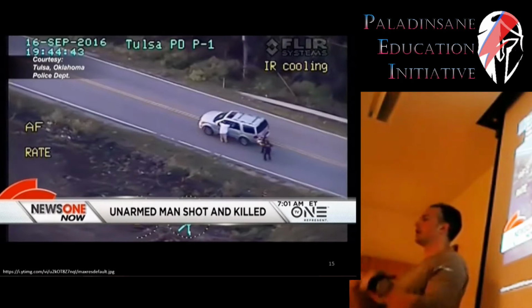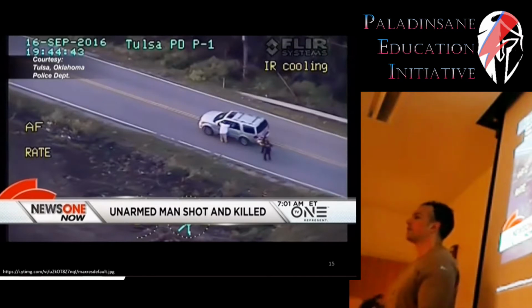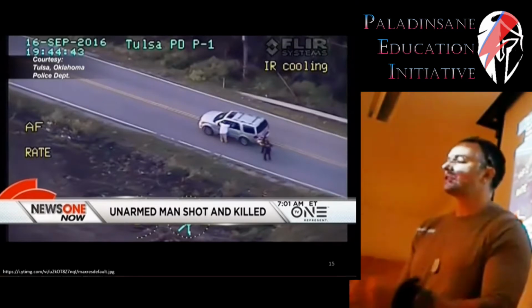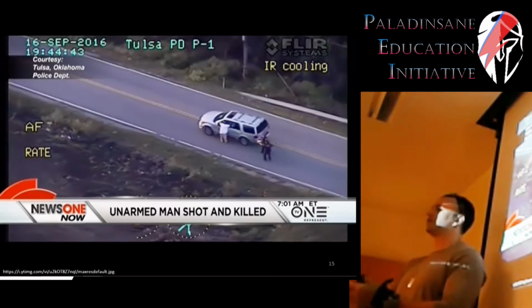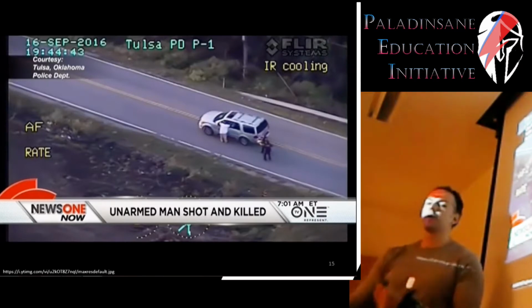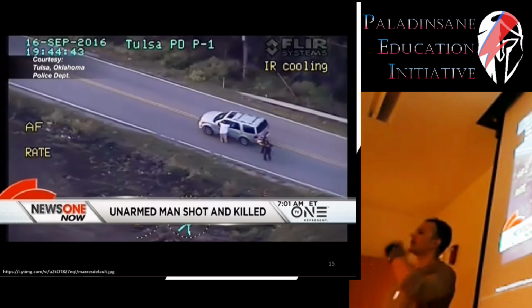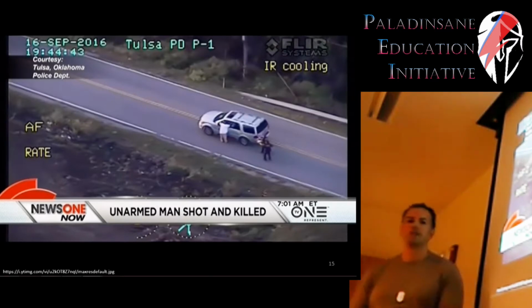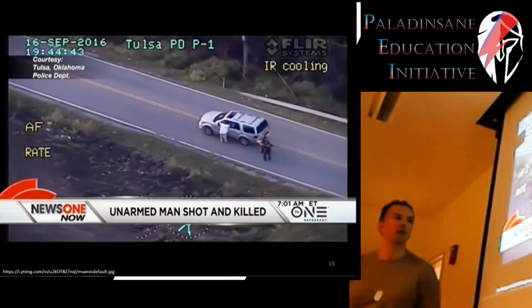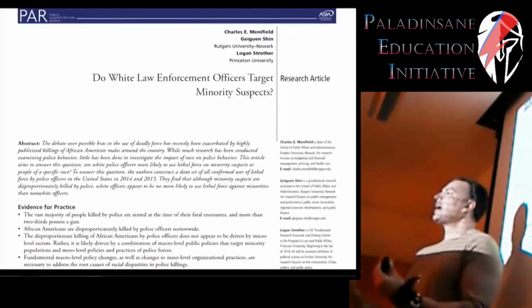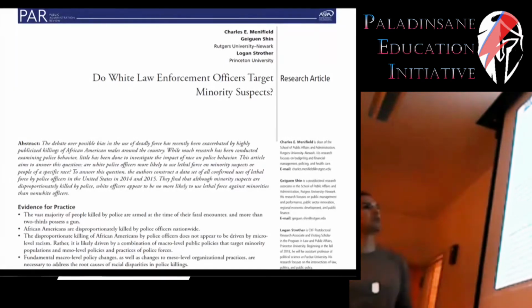They were focused on sensitivity training. They were focused on racism awareness. They were focused on new strategies for individuals to deal with minorities. They were focused on the individuals because those were the stories that people were seeing. Those were the anecdotal evidence that was there. So there was a lot of effort put into these programs. As it turns out, there's evidence that that is not the cause of this disproportionate